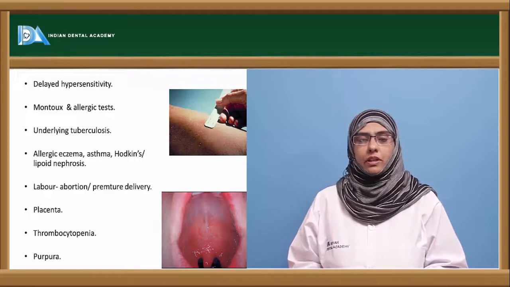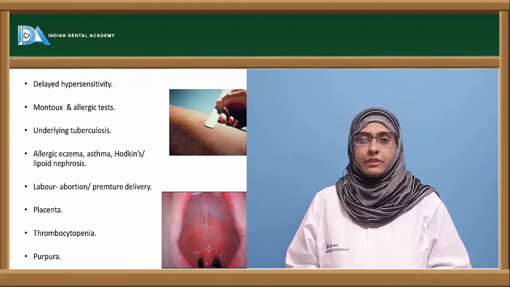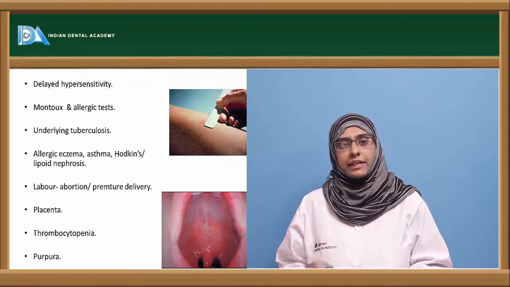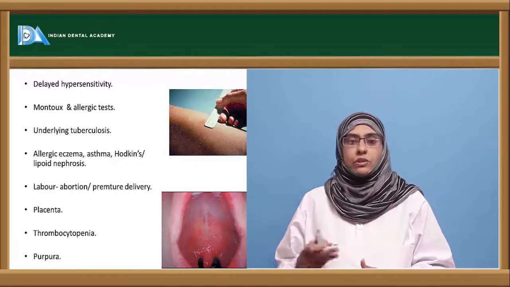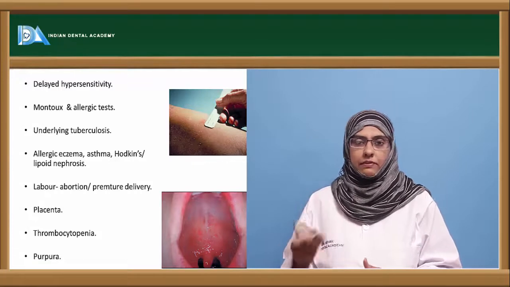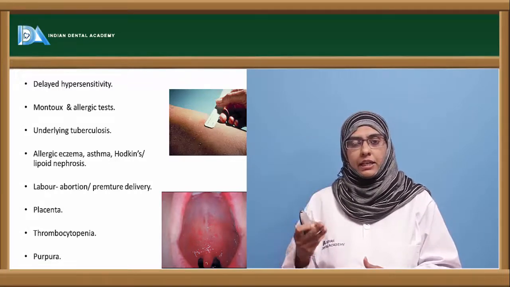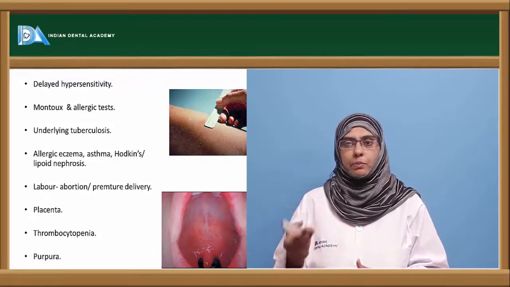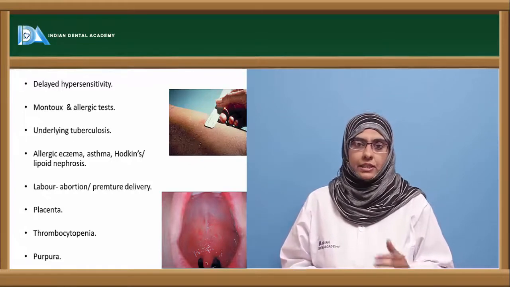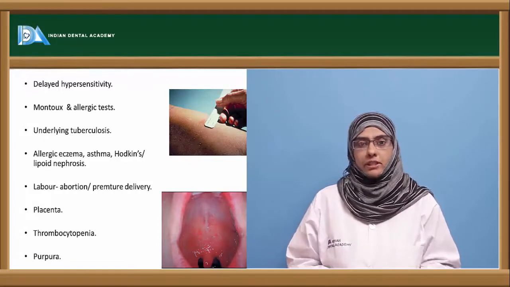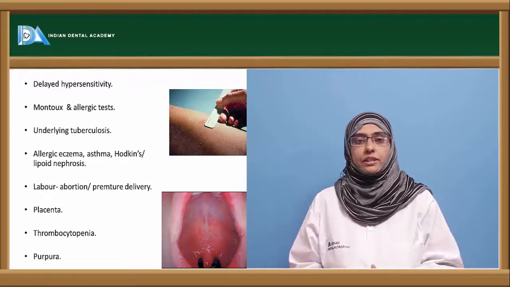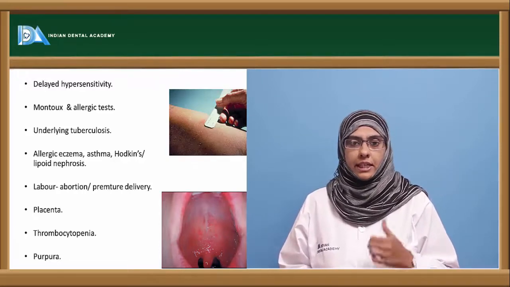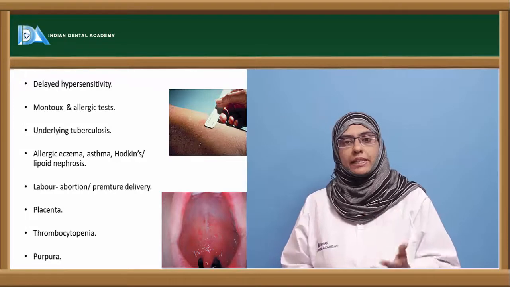Next important thing about this organism is it suppresses the delayed type of hypersensitivity reaction. Now this delayed type of hypersensitivity reaction is mostly used to identify the tuberculosis infection. So in the case of measles infection, there is a delayed type of hypersensitivity reaction that is usually suppressed, due to which we do not get a positive report of Montoux or the allergic test, and hence makes the underlying tuberculosis worse, and we will not be able to identify the tuberculosis infection when there is an attack of the measles infection. And apart from that, after the attack of measles, it also exaggerates